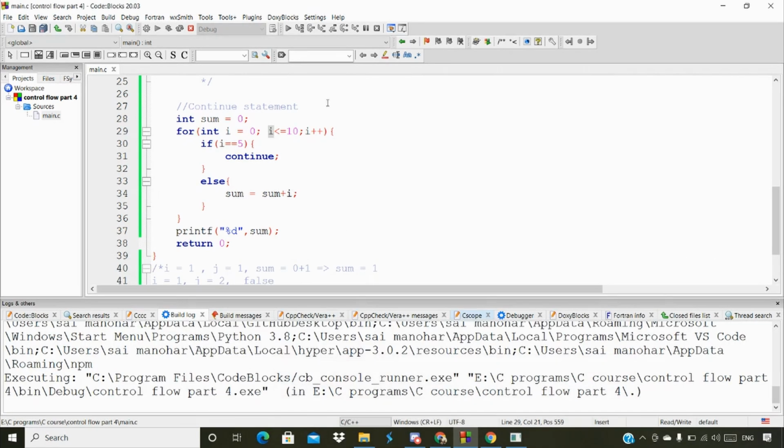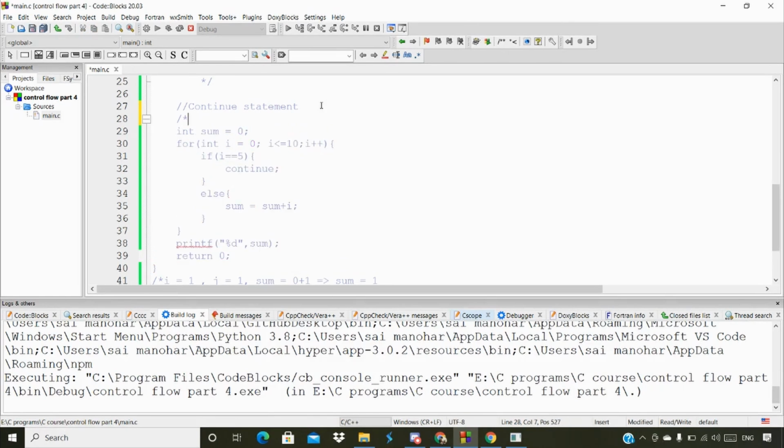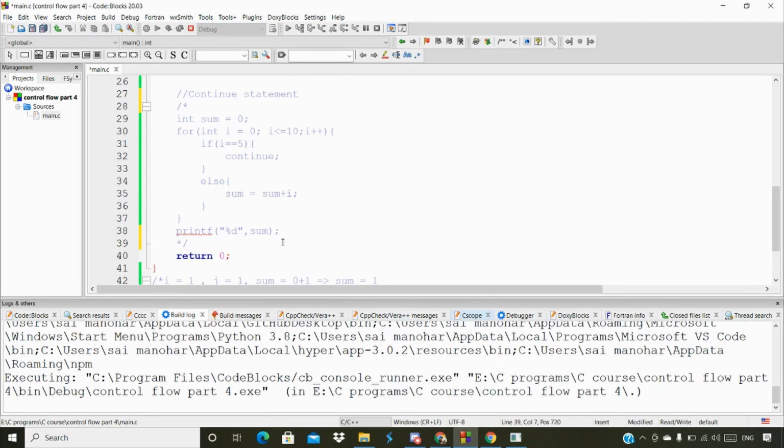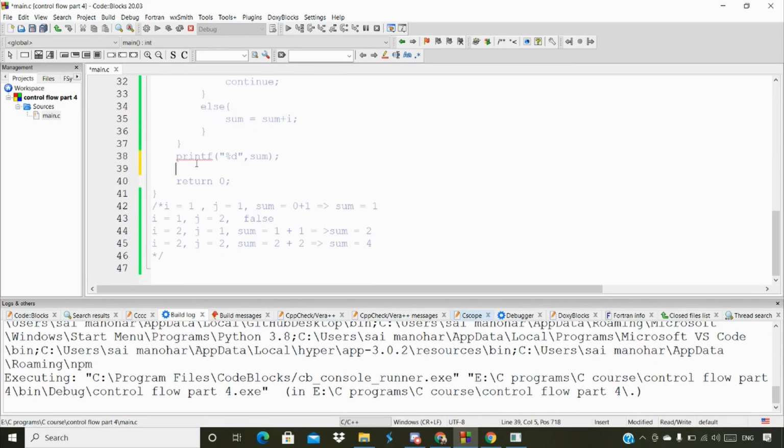So now let's move on to one more topic. Sorry, I forgot to say what exactly continue means: it forces the next iteration of the loop to take place. So when we give continue here, it will skip the particular line of the code and force a move to the next iteration of the loop. That's what the continue statement means, and that's what we discussed in this example.